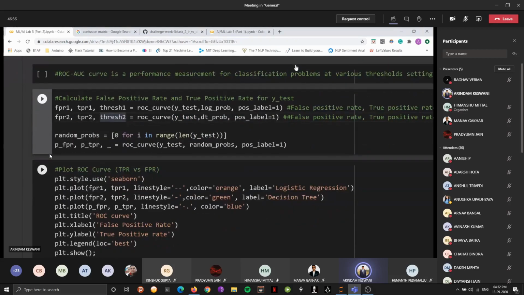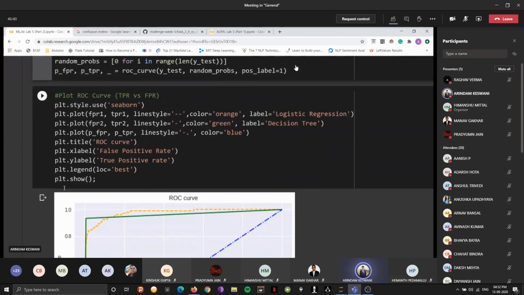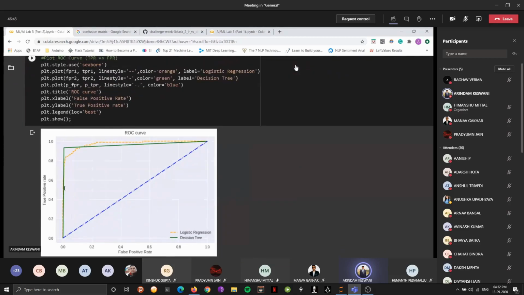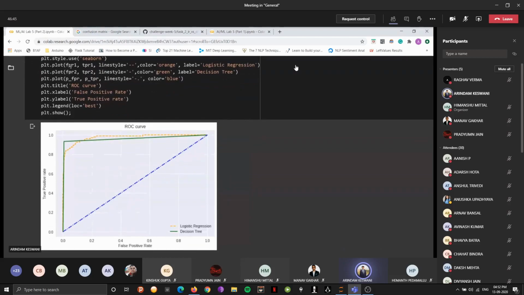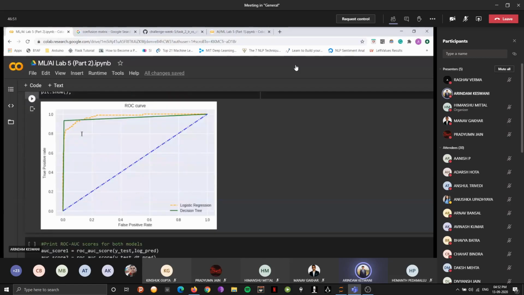Now we are going to plot our ROC curve, so we just input values that we calculated, FPR1, TPR1, etc. We plot them, and we compare the true positive rate and the false positive rate. The green line you see is our decision tree model as compared to our yellow line, which is the logistic regression model.